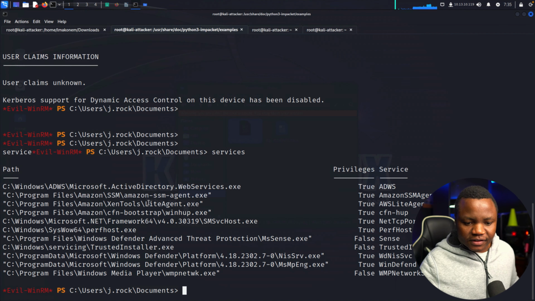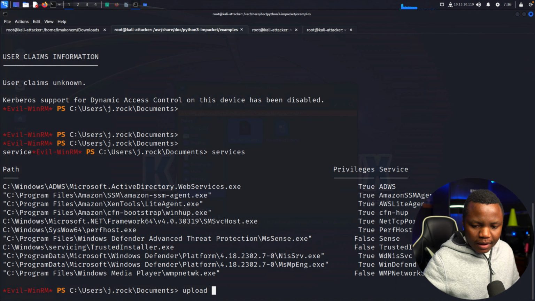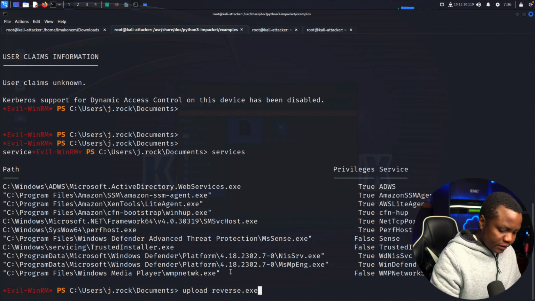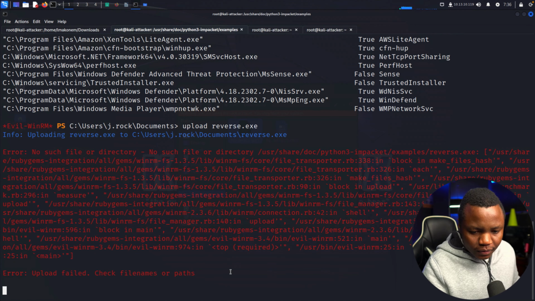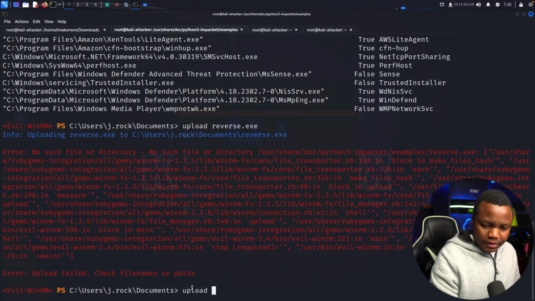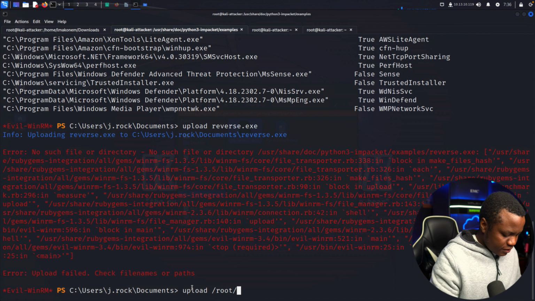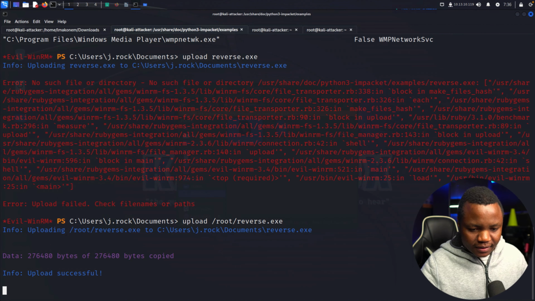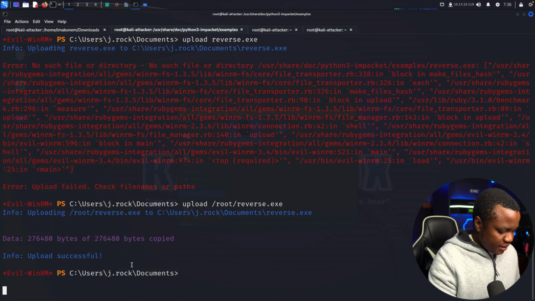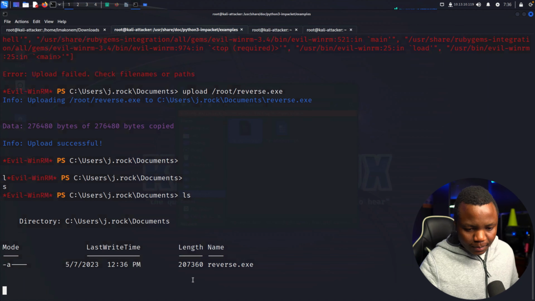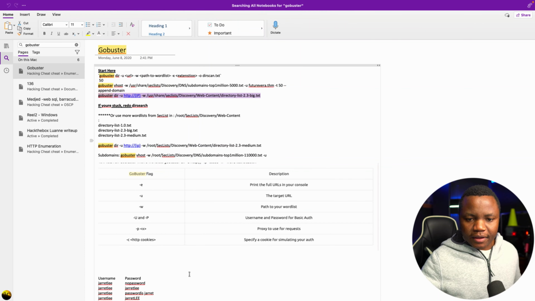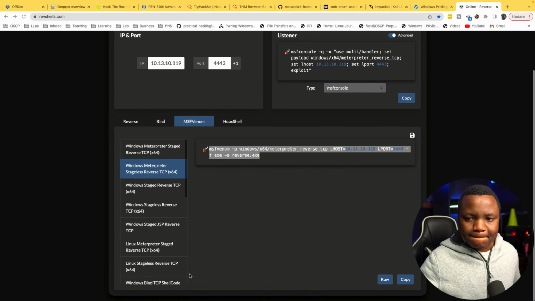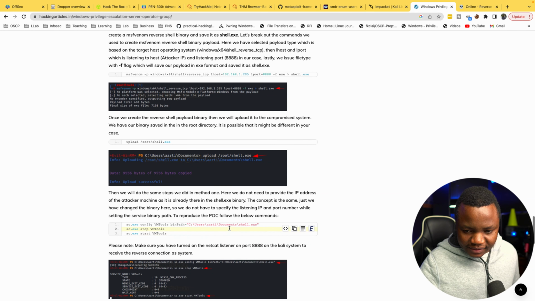Let's upload reverse.exe using this one. Okay, upload reverse.exe. Upload /root. All right, I think that's the correct upload path. And it's uploading. Successfully uploaded. Let's do an ls. There it is. Okay, so according to our document here, once we upload that, we can set the path,